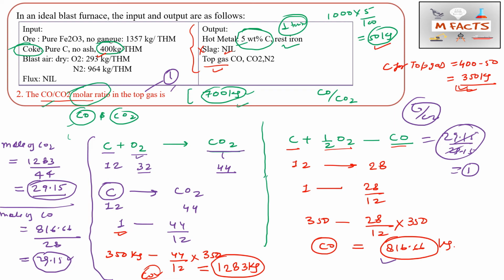I hope you understood this calculation. This calculation is very easy. We just need to calculate the carbon left for the reaction in the top gases. We calculated the carbon content in hot metal in kgs, then saw from where this carbon is coming and how much carbon is left for the top gases. Then we simply balanced this equation. This equation is very important. This is basically a molar balance, and you can always do it the easy way, following this way only. So this is the simplest question of this top gas analysis.